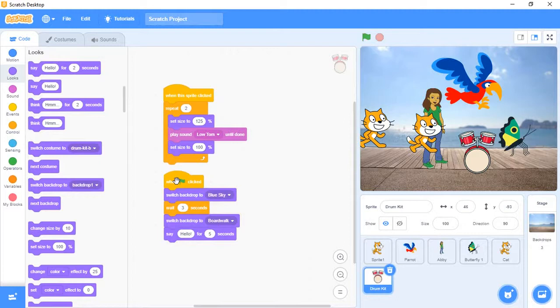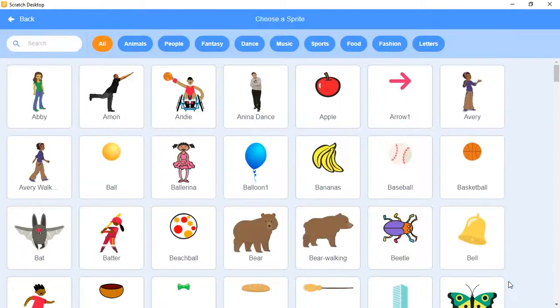Next one is adding sound. Select whichever sprite you want.